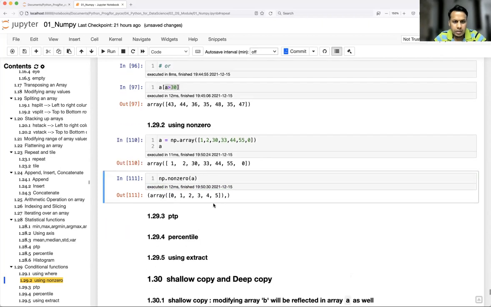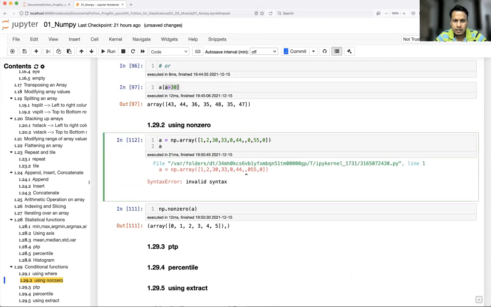Okay, so what it is going to give, see here, 0 1 2 3 4 5, right? So let's say I have some other zeros here. It is going to return me the position of those values where the value is not zero, which is not equal to 0 basically.